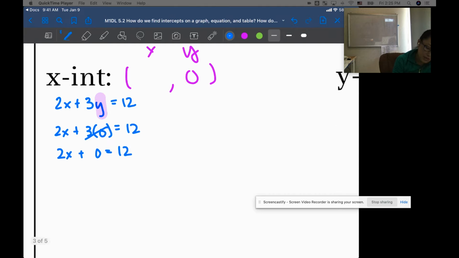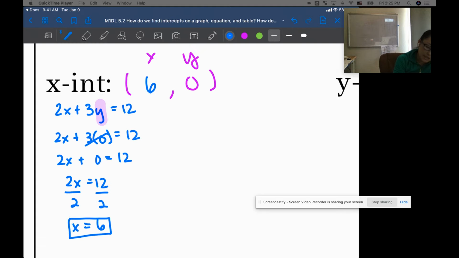Okay, so I just bring everything else down. And then I get 2x is equal to 12. Divide by 2 on both sides to isolate x. So I get x is equal to 6. So my x-intercept would be 6, 0. When I have an x value of 6, my y value is 0. Okay, next up, we